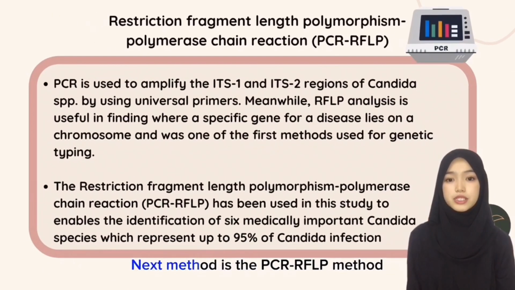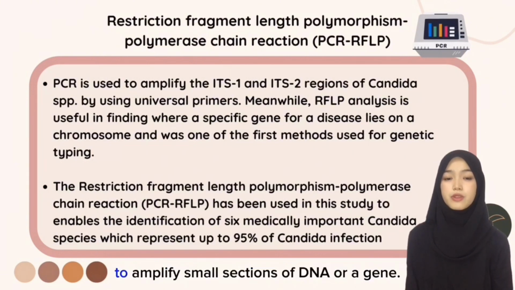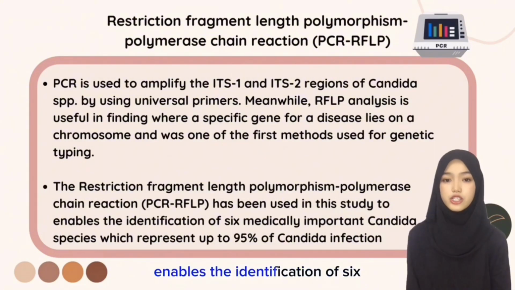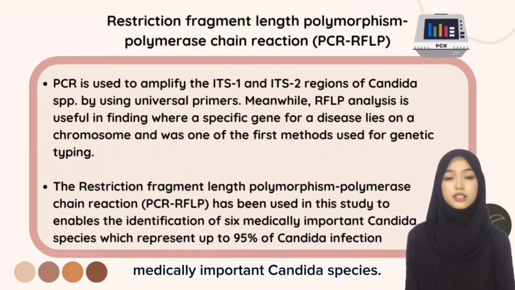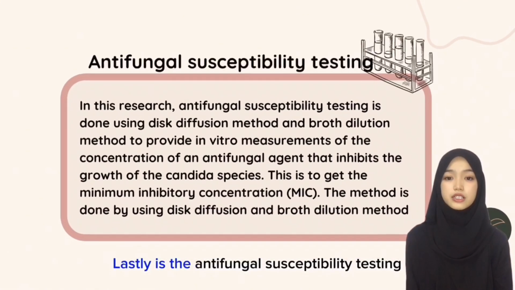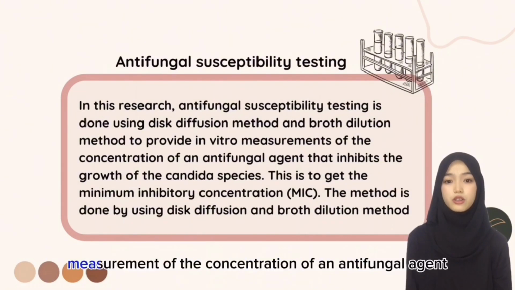Next method is the PCR-RFLP method. PCR is used in molecular biology to amplify small sections of DNA origin. PCR-RFLP that is used in this study enables the identification of 6 medically important Candida species which represent up to 95% of Candida infection. Last is the antifungal susceptibility testing, which is to provide in vitro measurement of the concentration